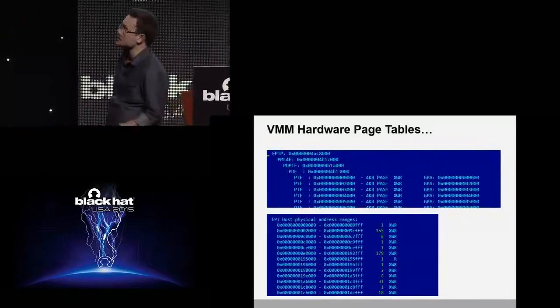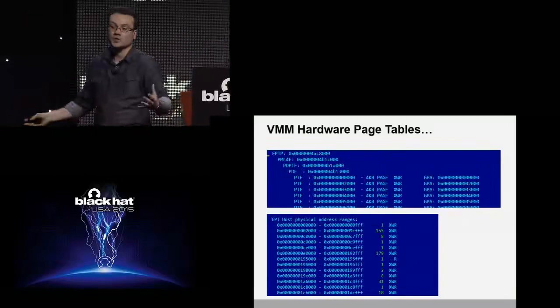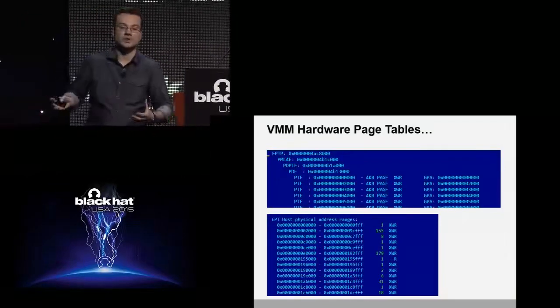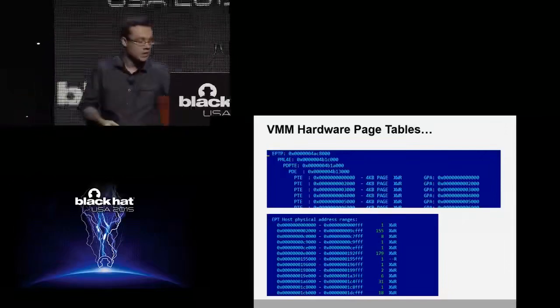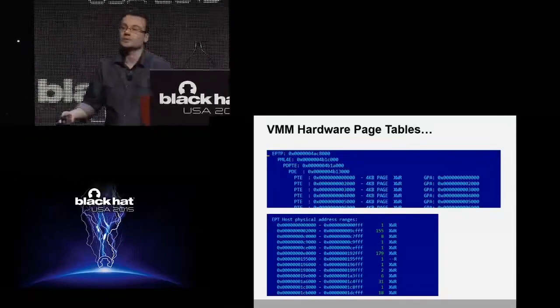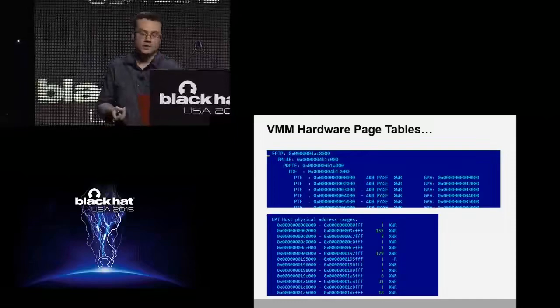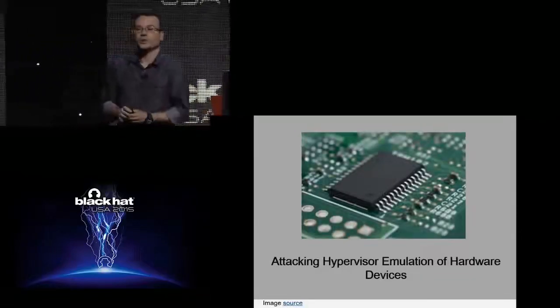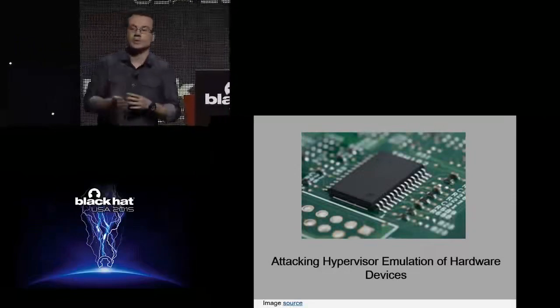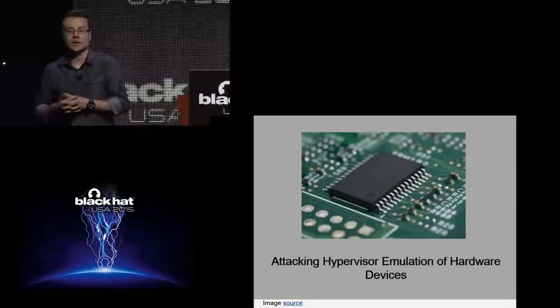This slide shows the extended page tables with fully deconstructed extended page tables. We know which pages are protected by the hypervisor, which pages belong to which guest, and so on. So it is a full visibility into the VMM. So now, before I continue with actually explaining what are the vulnerabilities that could be used by the guest to,